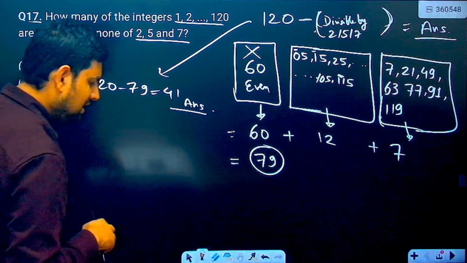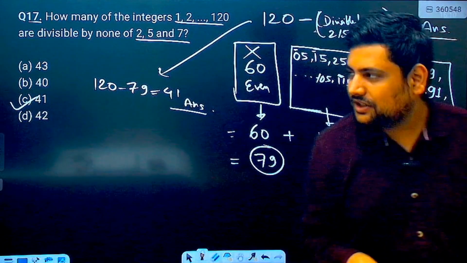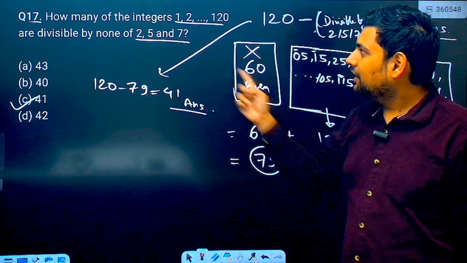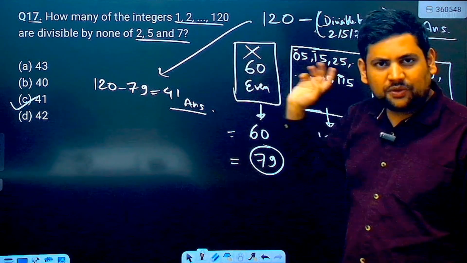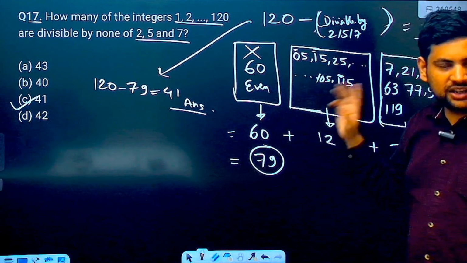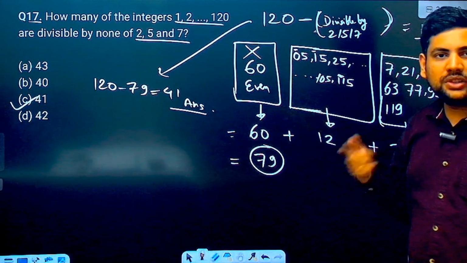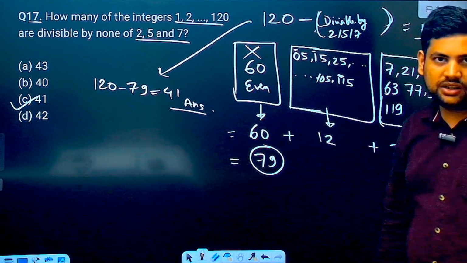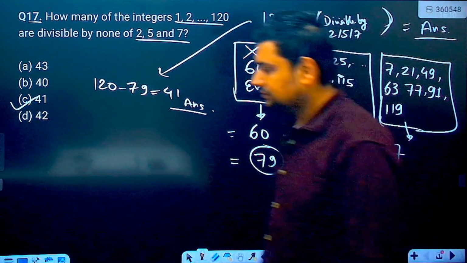Okay, at some places I saw that later on they have also removed 1 and 3. Okay, so 1 and 3 you cannot remove separately. Why don't you have to remove them separately? Because when I counted all the odd numbers after removing this, then I have already counted it. Okay, so now